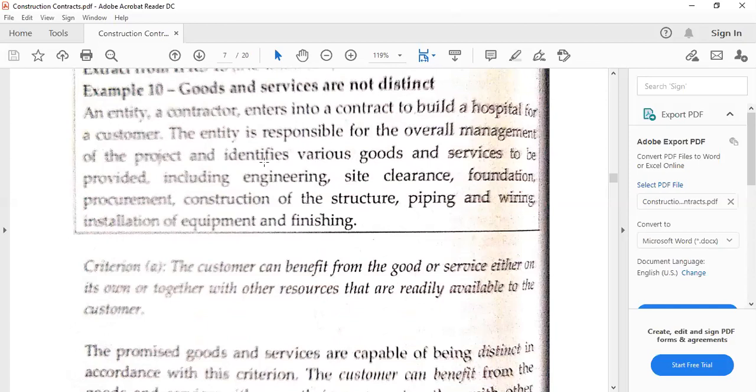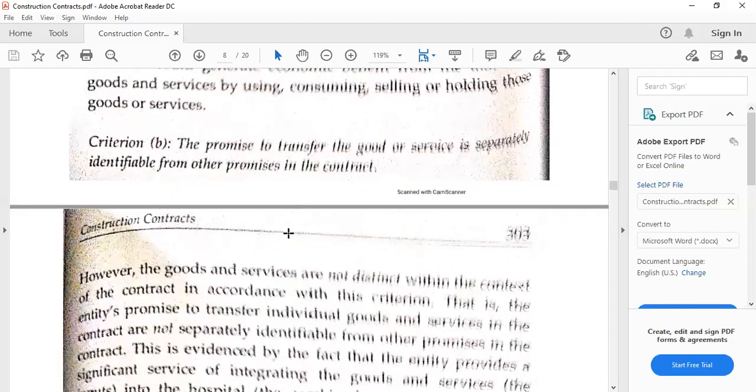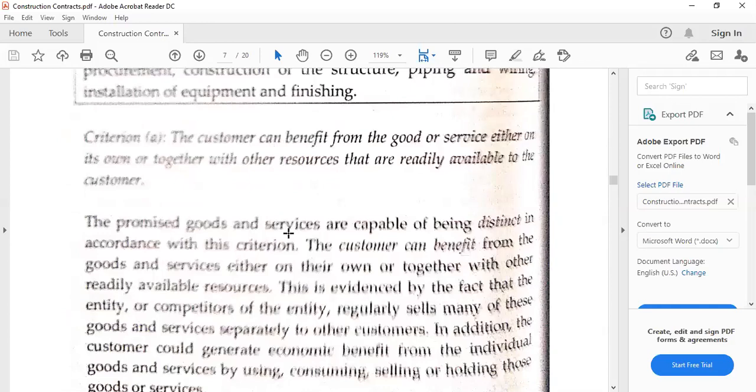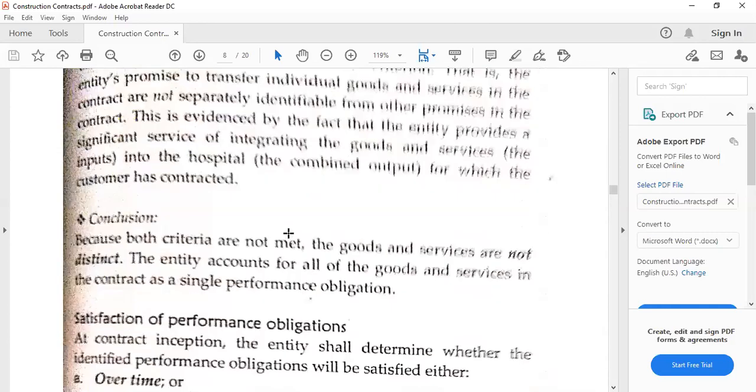However, it appears that these services are provided by one entity, a contractor, in relation to this contract. So this means that it would not be distinct. And of course, the conclusion is that we need to comply with both criteria, as said a while ago. Because both criteria are not met, therefore the goods and services are not distinct. Again, they contribute to the construction of the hospital, so clearly they are not